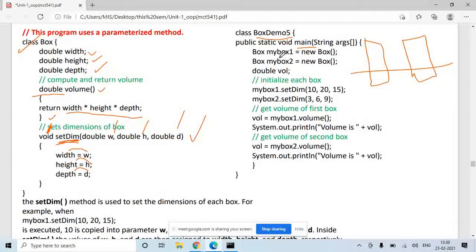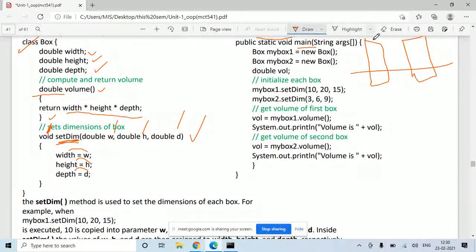What is there in your 2 objects? This is your object 1, this is your object 2. In the object you will have width, height and depth variables. You have one volume function and you have one setDimension function.